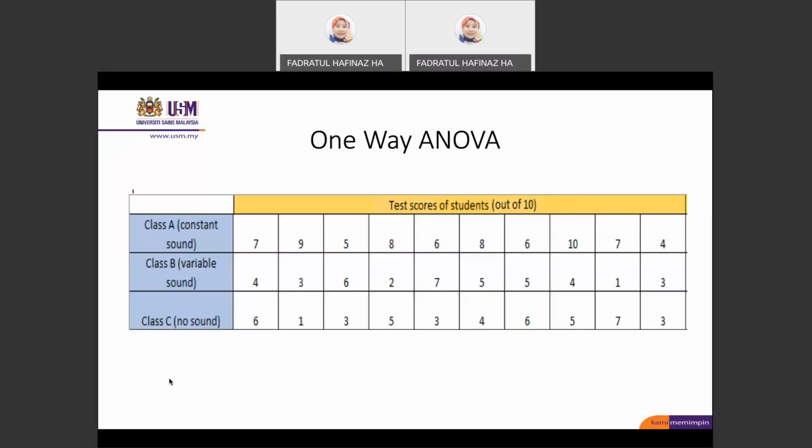All right. Hi again. Now let's discuss several types of ANOVA. There are a few types of ANOVA. The first one is one-way ANOVA, two-way ANOVA, and the last one is MANOVA, which stands for multivariate ANOVA. In this lecture, we only cover the first two types, one-way ANOVA and two-way ANOVA. So as we now understand the basic terminology behind ANOVA, let's dive deep into its implementation